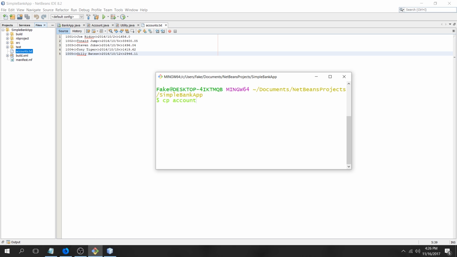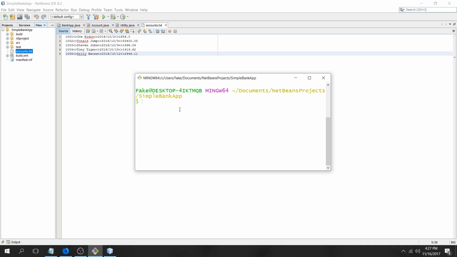Alright, I'm gonna copy accounts because now basically my Java program is running this and I can't really modify this, so I'm gonna have to remove it using the command prompt here. This is actually git bash, which is really cool. I like it. I'm actually gonna copy accounts.txt into another directory, and then I'm gonna remove accounts.txt, and then